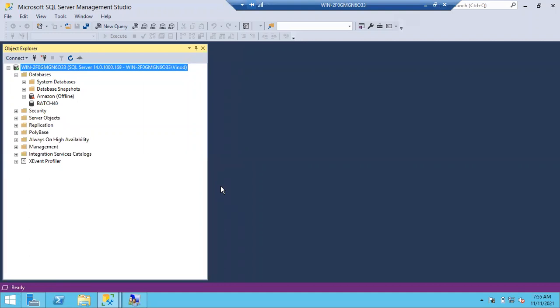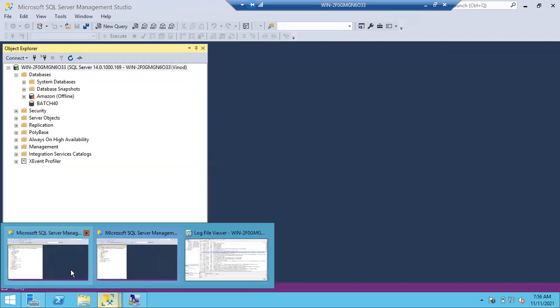As a DBA, our work is limited to creating the logins only. Say for example, one developer joined the organization, guys. So you want to create a Windows login for him. What will you do? First of all, we verify whether that developer is created in the Windows server or Active Directory. Usually it will be Active Directory only. How to verify whether he is created or not? Simply we'll create a new login.